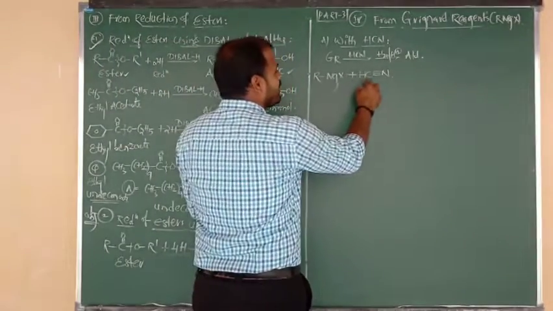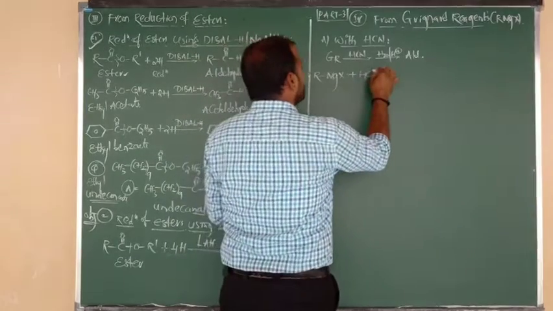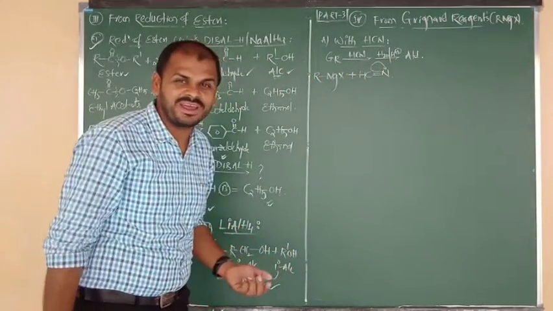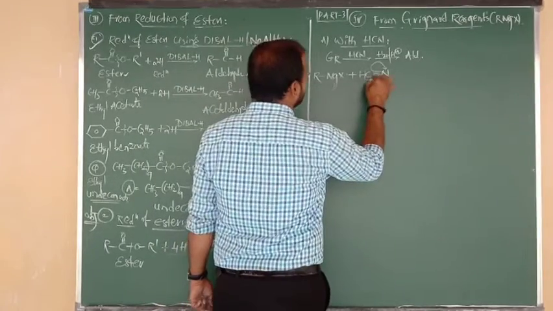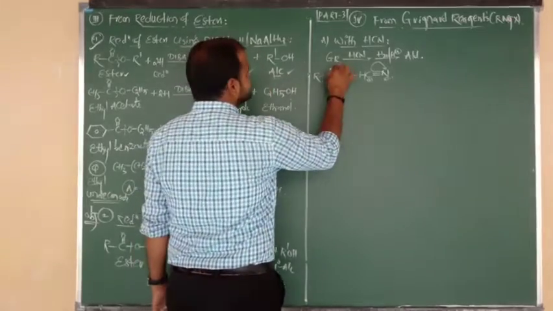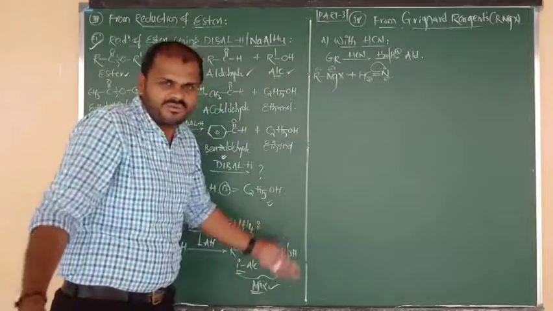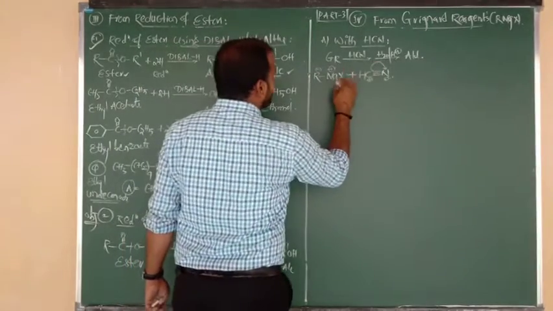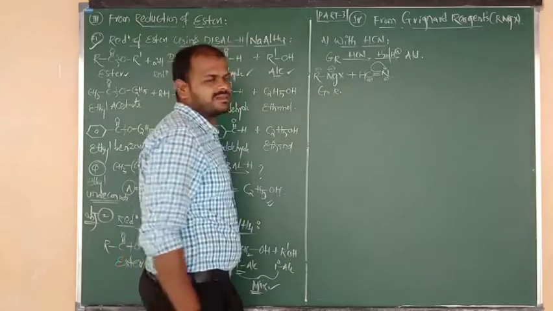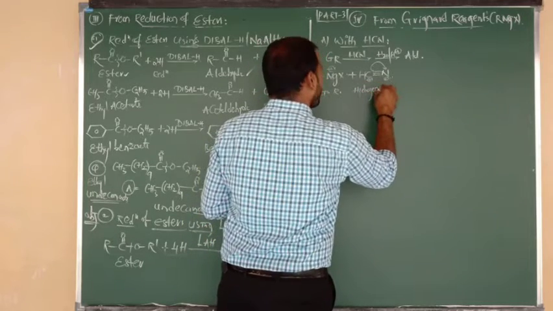But as compared to carbon, nitrogen has more electronegativity. That means the pi bond is shifted towards the nitrogen due to its higher electronegativity. The donating carbon gets a positive charge, the withdrawing nitrogen gets a negative charge. In Grignard reagent, the metal charge is always positive and the alkyl group charge is negative. This you know very well. So what is the name of this compound? RMgX is nothing but a Grignard reagent, undergoing reaction with HCN. What is meant by HCN? Hydrogen cyanide.